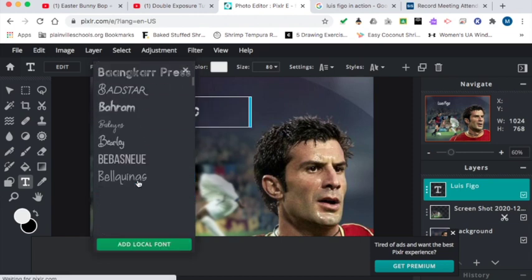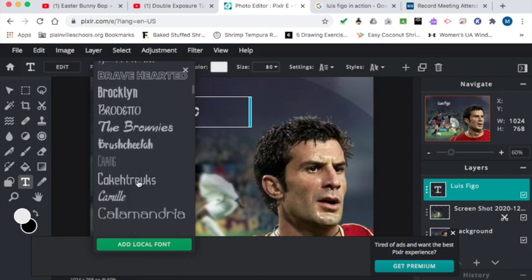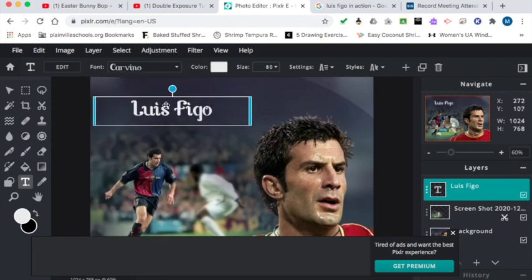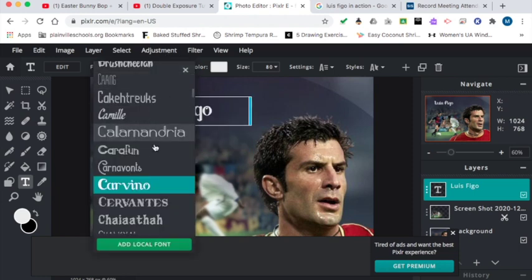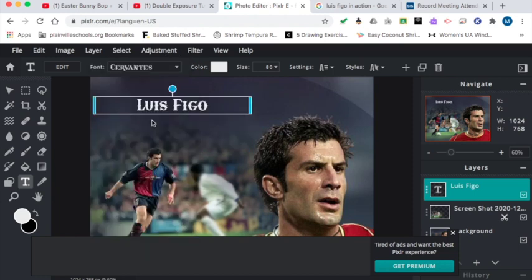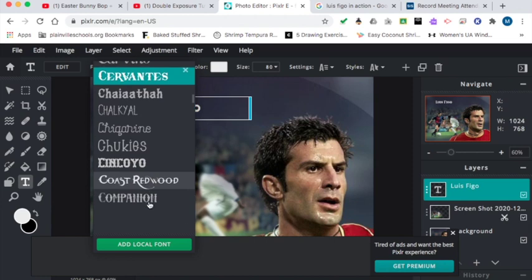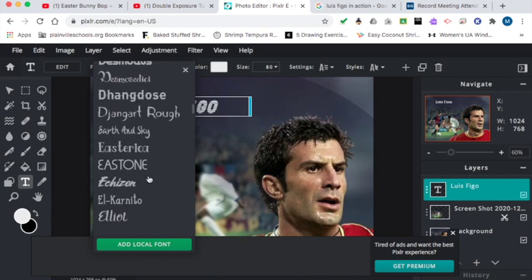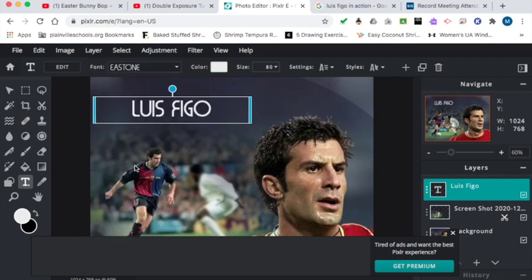It's kind of a bummer my box is in front of like the lettering, because it does change every time you select a new one. So I'm just going to try a few different ones that I feel will fit. Cool, I think I'm going to go with that one. And now what I could also do is change the scale of it. So if I highlight it again, I can change